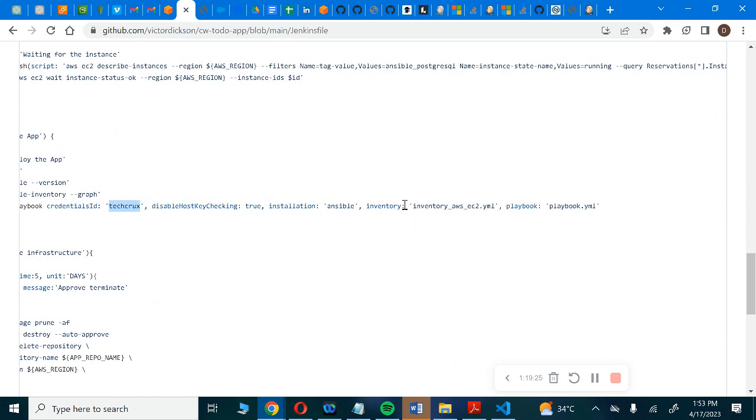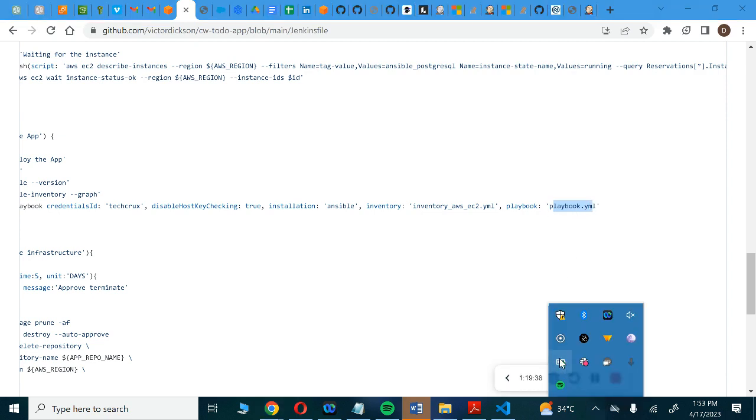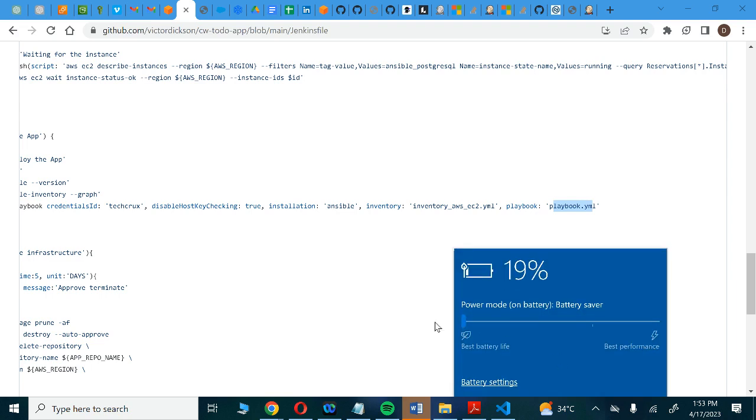Then we need to indicate our inventory file. We then indicate our playbook. So what it will now do is start running through the playbook. The thing is slow. It's slow, but let me just